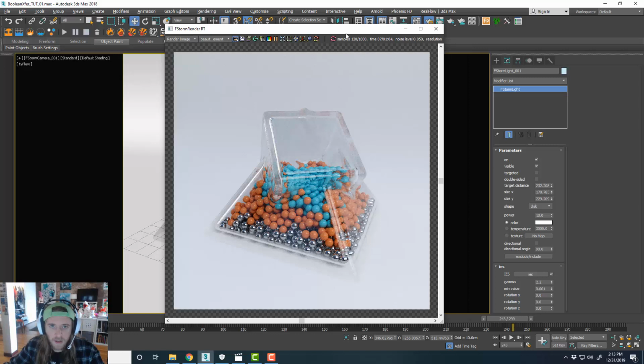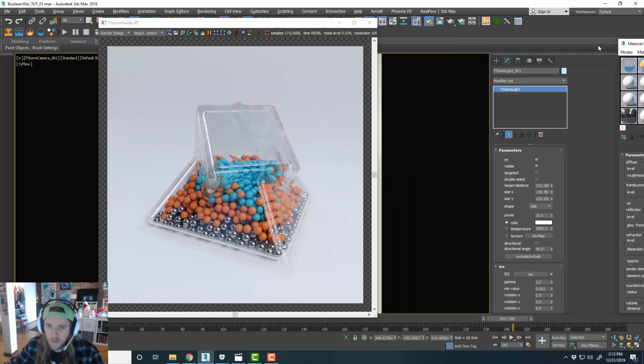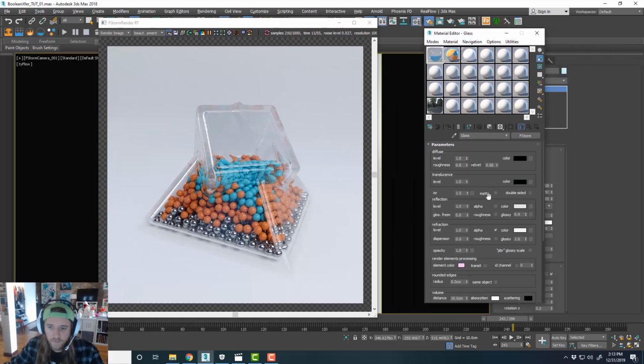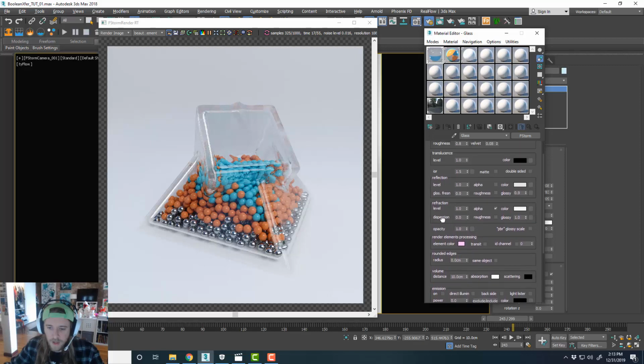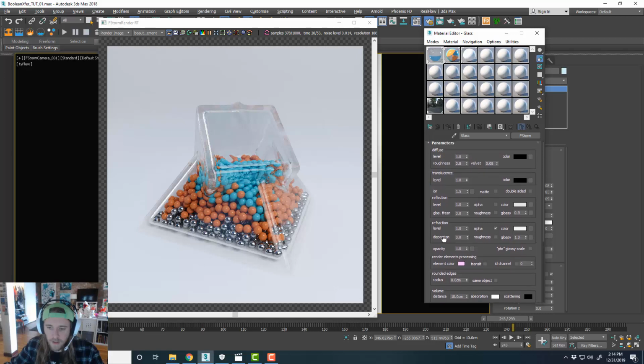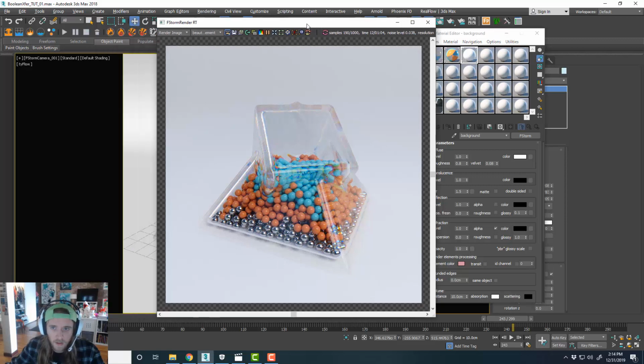We could add like a little bit of aberration to the glass. Simplest way to do that is dispersion, like 0.1. It's a little bit of like chromatic aberration to the glass, which I like. Looks pretty cool. I'm not totally convinced I really like the background color, but